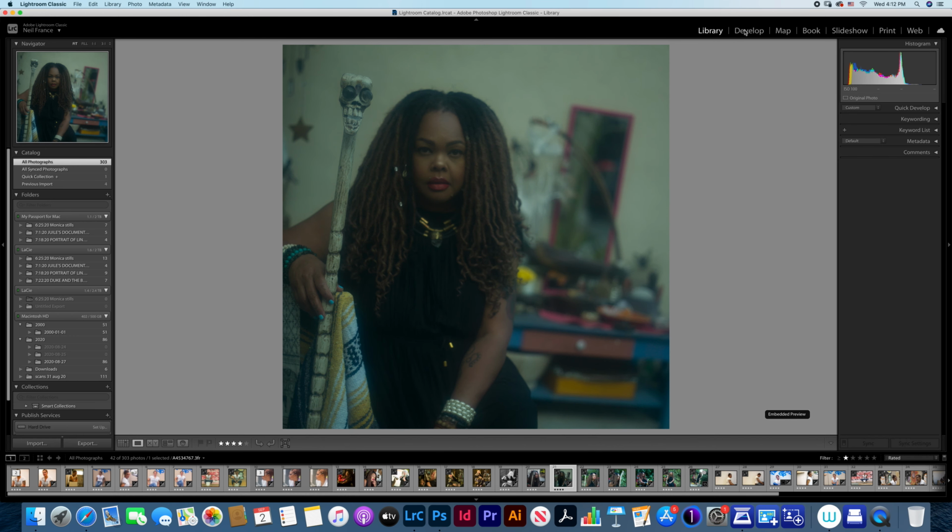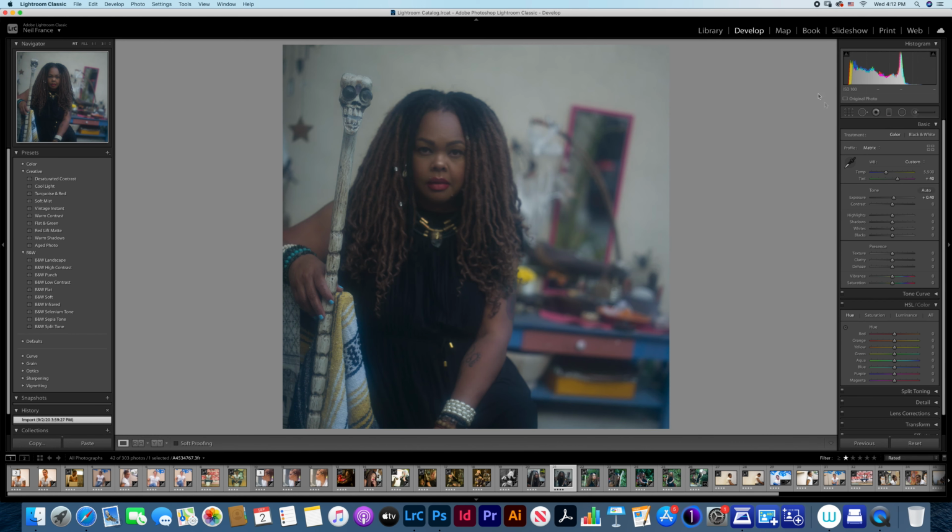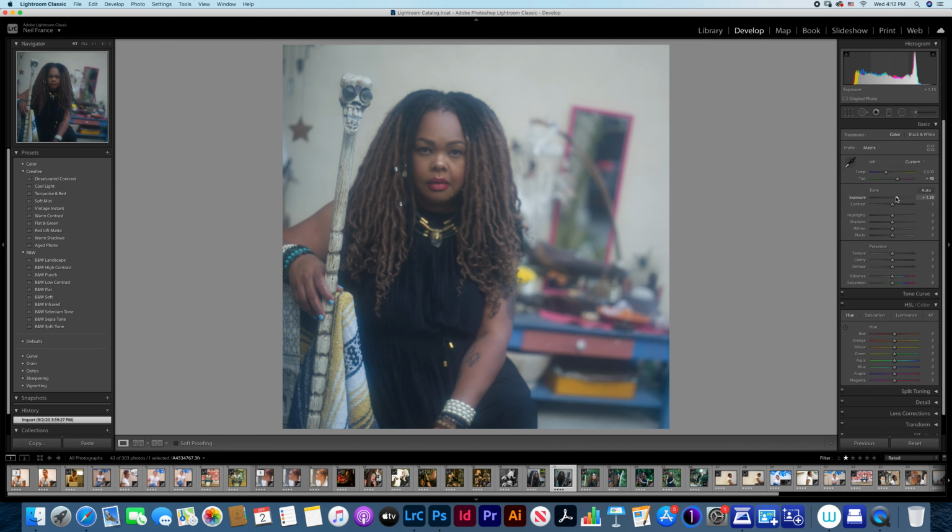Let's bring this up. Add a little contrast to that. Bring down the highlights so that wall isn't so crazy blown out. And bring down the white again so that white wall is more manageable.